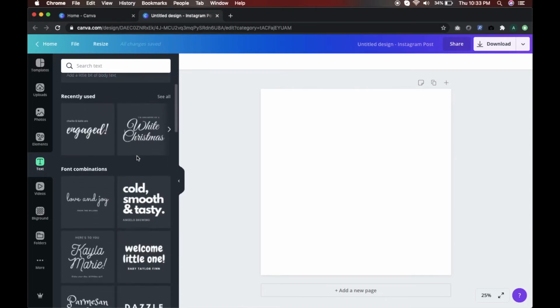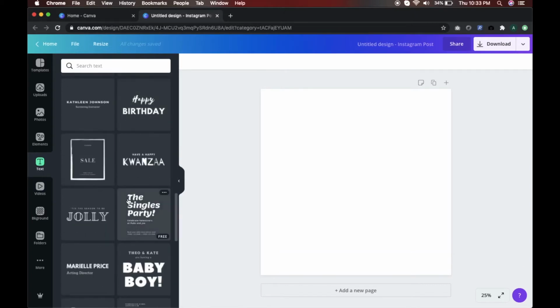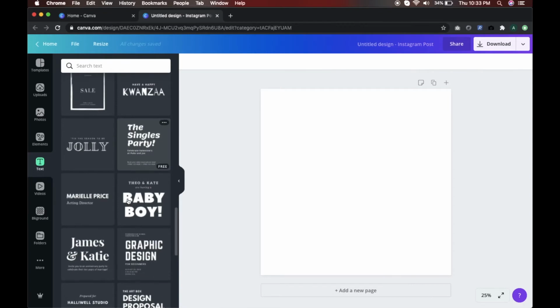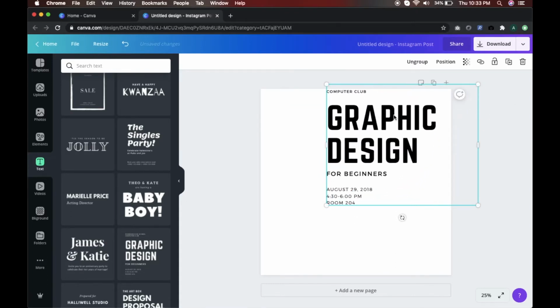So first, in order to use any of the template styles that already exist, you can go through the list and you can easily choose any of the styles that you like. For example, if I just pick up the style, it will drop in right onto my screen, and using the transform tool or the box, I can make it bigger as required.